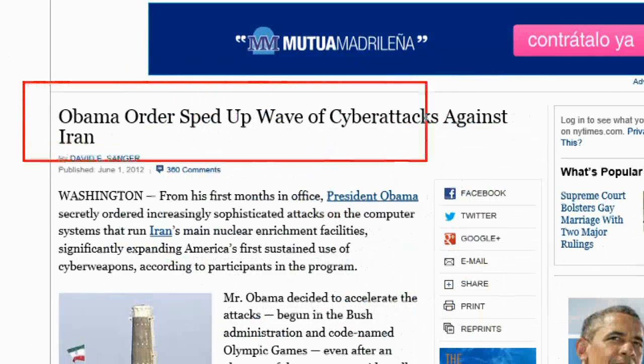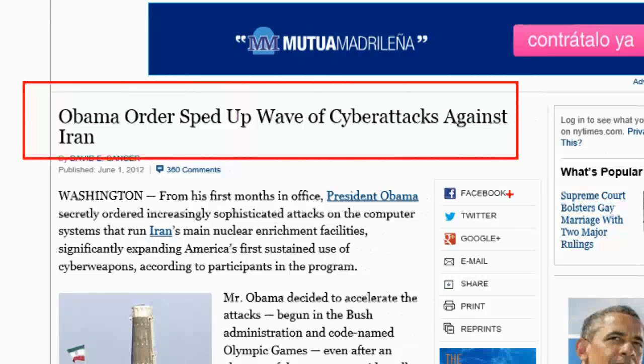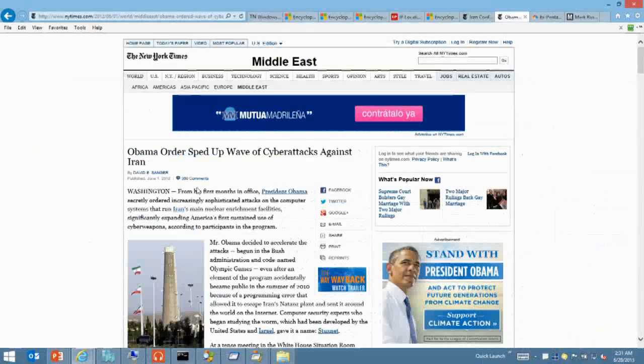the New York Times story last year in June that somebody leaked, that somebody in the Obama administration said this is a program called Olympic Games, started under Bush, continued by Obama, collaboration with Israel to go attack these nuclear programs. But they never revealed a name. So it was always like, well, the New York Times says somebody says that this is a new U.S. program. As of yesterday,